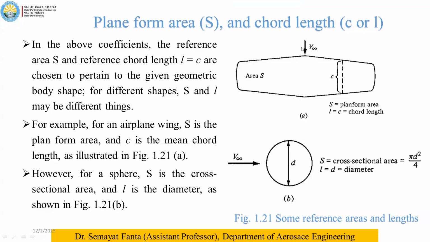This is the direction of flight, forward, and this is the free stream velocity. Different shapes may have different reference areas. For example, for this circular object, the cross-sectional area is pi d square over 4. But for this one, it can be